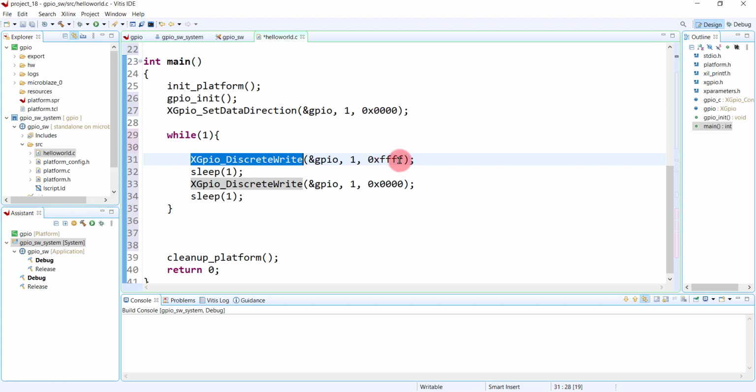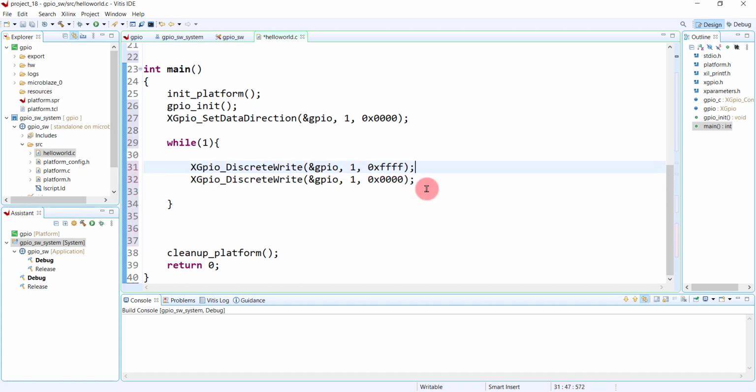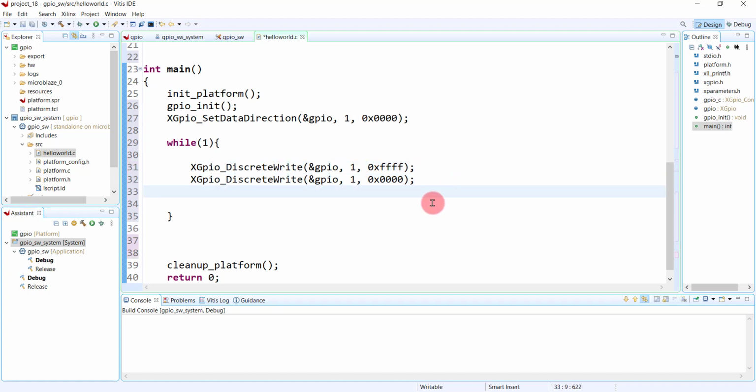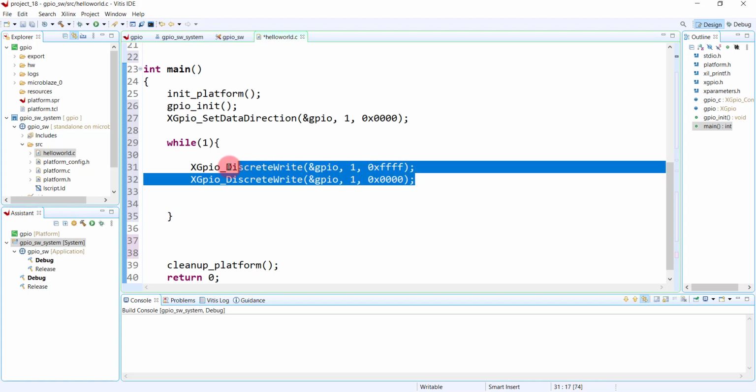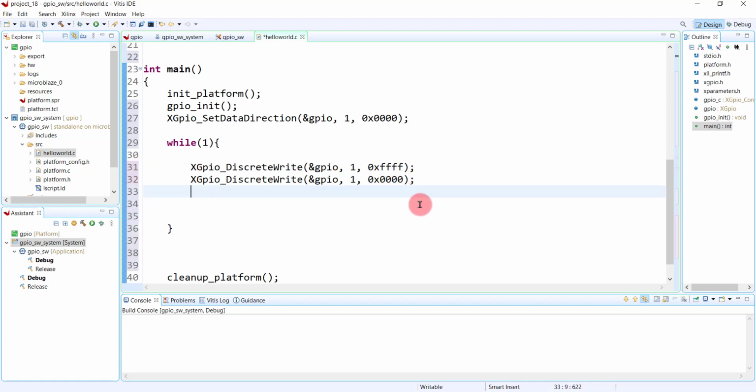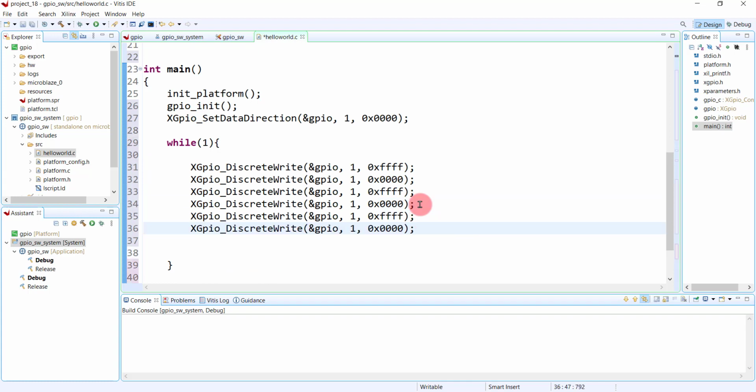Okay, here we are first turning on all the LEDs, we are waiting for a delay of 1 second, and then we are turning off, right? So what we're gonna do here is, since we are analyzing our signal on an ILA, a delay of 1 second is not required because that is a very big delay, right? So what we're gonna do is we'll just remove the delay, and we'll be generating some random transactions.